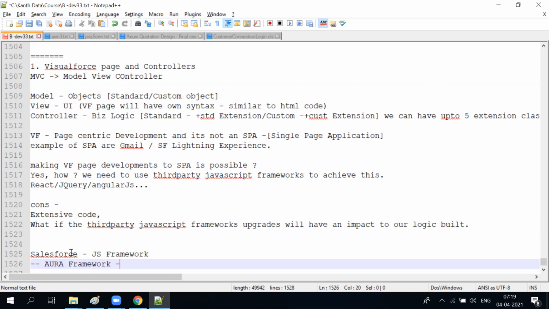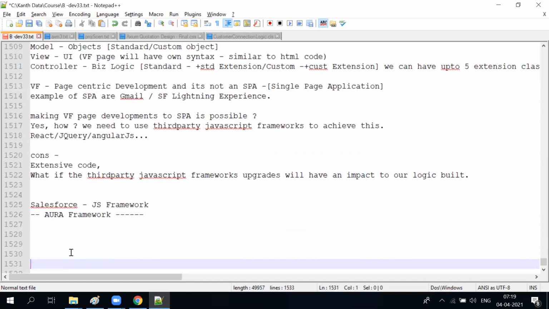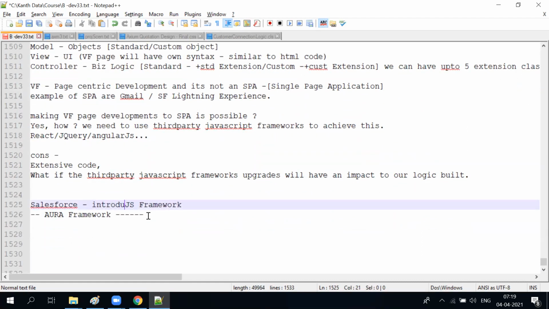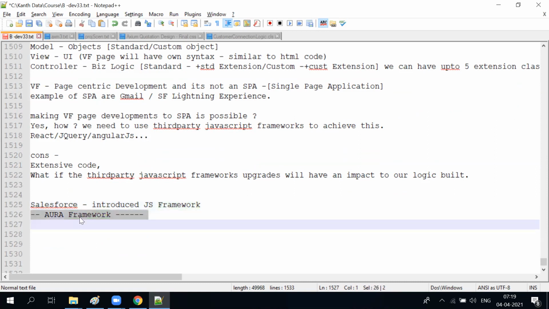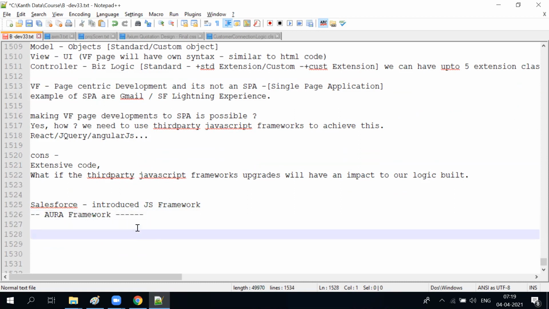Like how Angular or jQuery would work. So Salesforce introduced a JS framework to the market, maybe in early 2014. So in 2013, 14 they introduced the JS framework. And again, this framework was just to suffice the current time and needs of the people. Again, in a later stage, about three years after that,